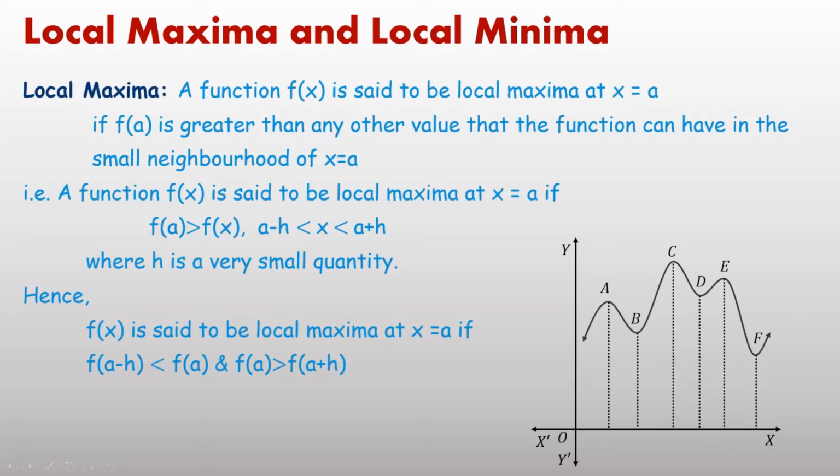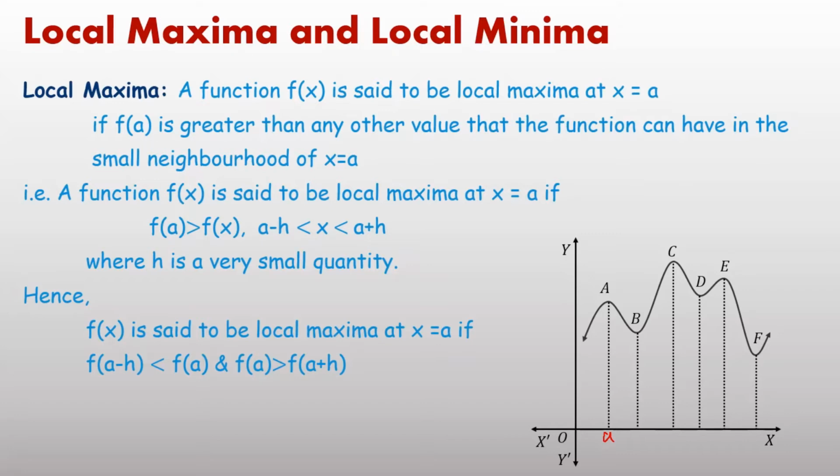in the figure you can observe here, if I write this point as x equal to a, then at this point in a small interval, the value of function is maximum. But it is not an absolute maximum because the value of function at c is greater than the value of function at x equal to a. It implies the value of function at x equal to a will be maximum in case of a small interval.